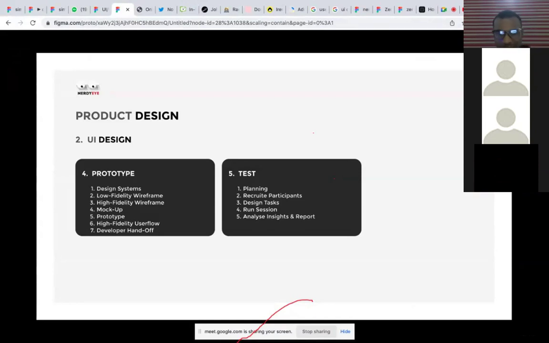So you want to plan, you want to recruit participants, you want to design tasks, you want to run sessions, then you want to analyze insights and report. Now, the truth is the project is done after prototype. But testing, remember